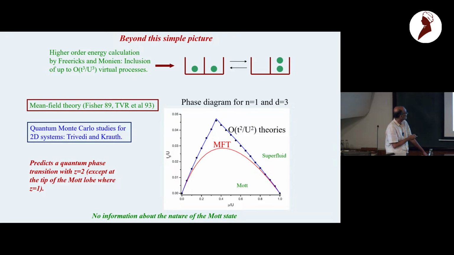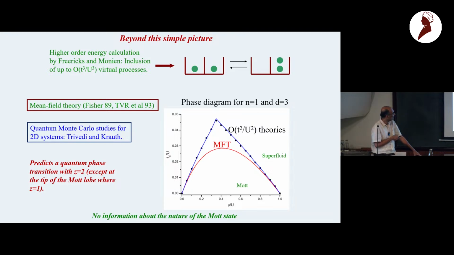There have been extensive quantum Monte Carlo studies, the first one done by Nandini Trivedi and Krauth, and all of this essentially verified this qualitative picture that there is a quantum phase transition between a Mott and a superfluid state, with the dynamical critical exponent of this transition being 1 at the tip of the Mott lobe or 2 at some other